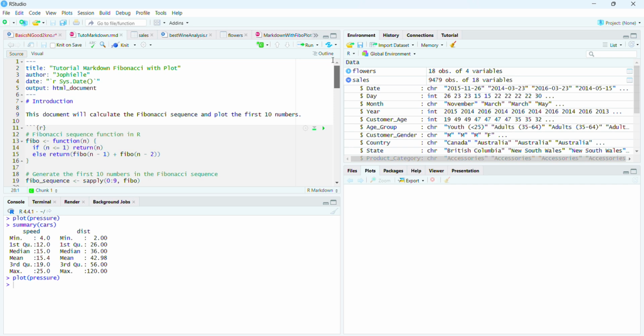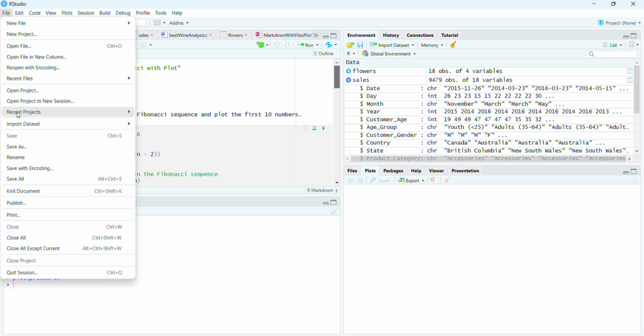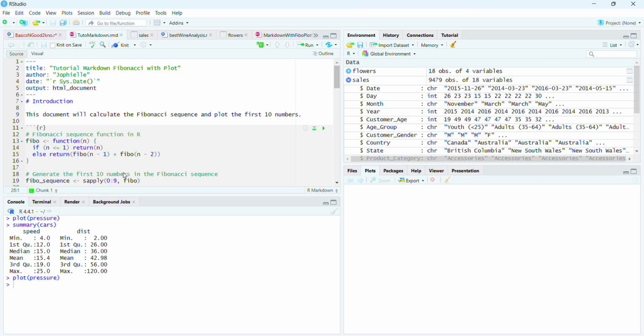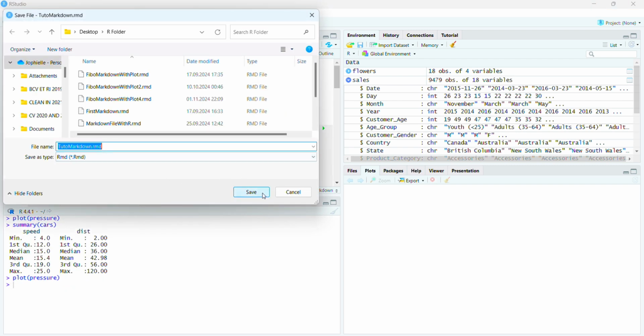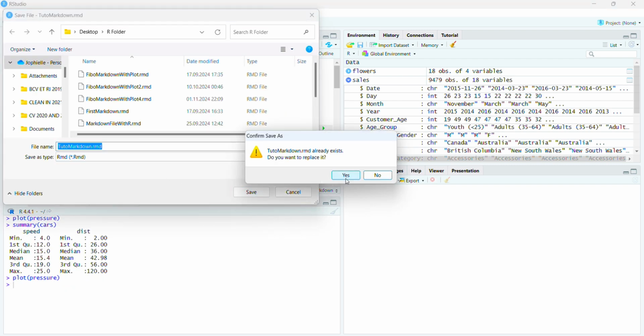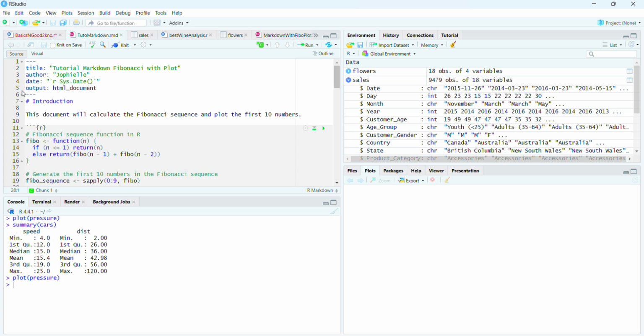Okay, this is how you create a markdown, and that's it. Then you make sure you save it, and then you're good. So we have saved it before, so I just refresh, I replace, and I'm good. Okay, so now I wanted to come to the second topic, because after that I want to do something else. When you start with RStudio and you know already how to